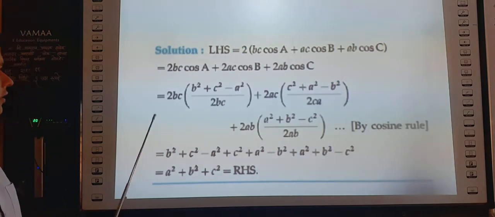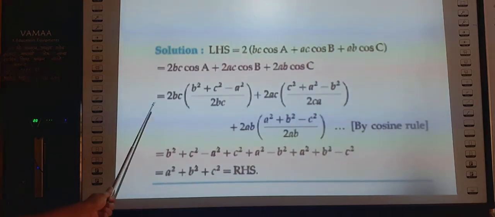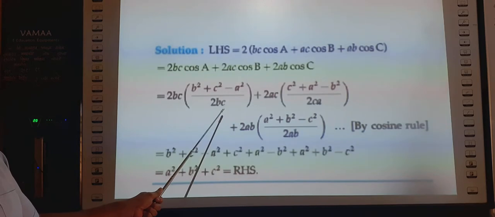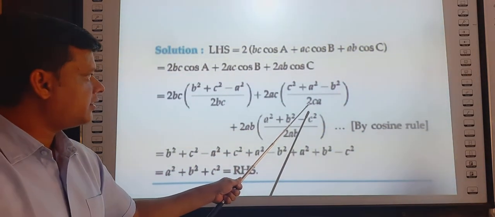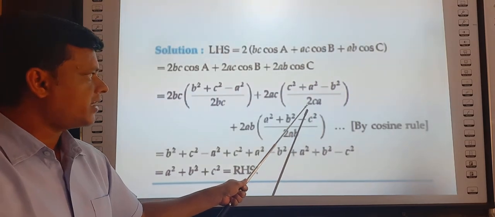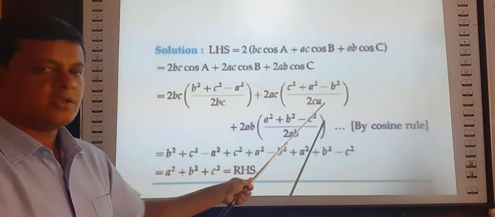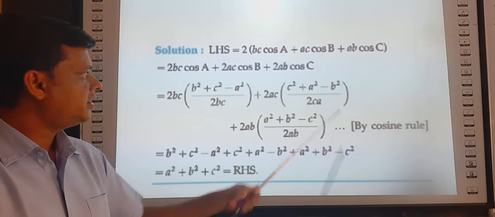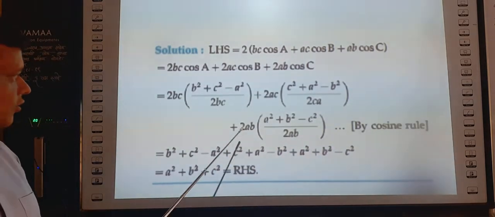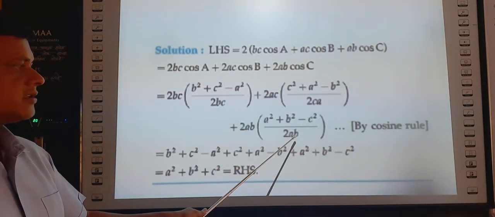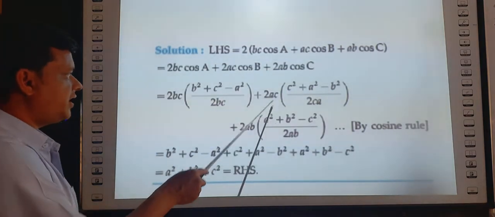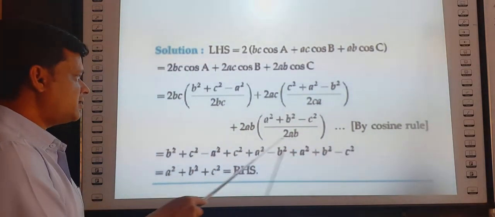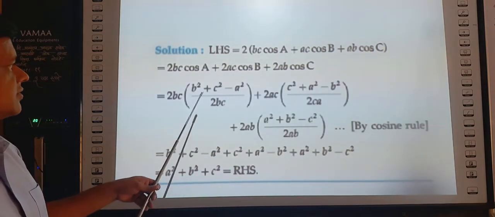Now if you observe, this twice BC gets cancelled with this twice BC. This twice AC gets cancelled with this twice CA, because twice CA can be written as twice AC. Twice AB cancels with this twice AB. So after cancelling, the remaining terms are b square plus